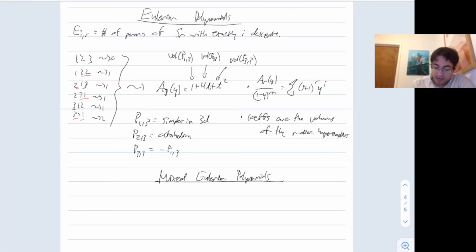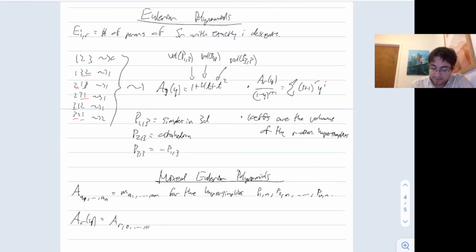So let's write down what A_r(y) is. Okay, so I need a definition. I'm going to let A_{1,...,n} be the mixed volume for the hypersimplices P_{1,n}, P_{2,n}, all the way to P_{n,n}. Okay. So I take the n-dimensional hypersimplices, and I'm giving them names, and the name is capital A with a subscript and all that. So if I want to write down the rth Eulerian polynomial,